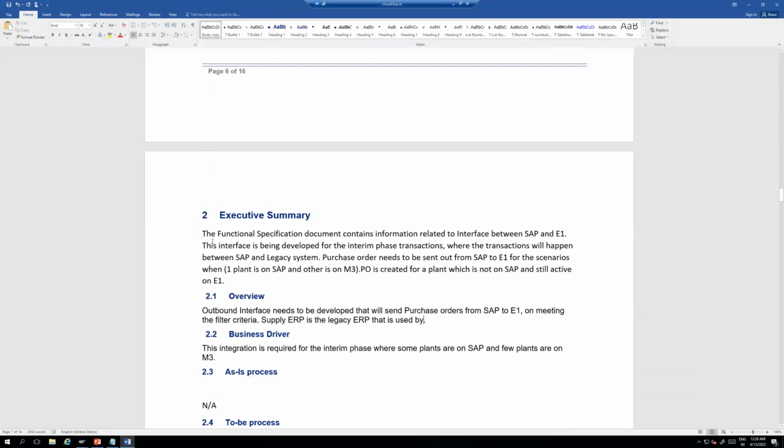So the functional specification document contains information related to the interface between SAP and E1. SAP is nothing but our system, and E1 is nothing but the supply system. This interface is being developed for interface transactions, where the transaction will happen between SAP and the legacy system. Purchase order needs to be sent out of SAP to E1 for the scenarios when one plant is on SAP and another is on M3. M3 is another